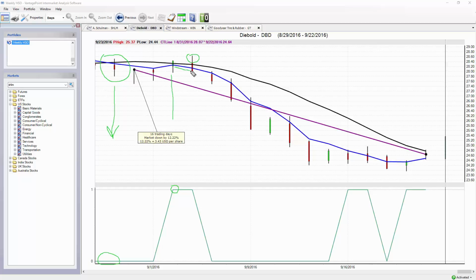But direction is still clearly to the downside. And once that neural index gets bearish in line with the trend, that's where you really get that excessive weakness in the market, and you definitely want to be making money on the short side there. So we see about a 12% move, $3.43 a share, very significant, with just 1,000 shares even, making a few thousand dollars